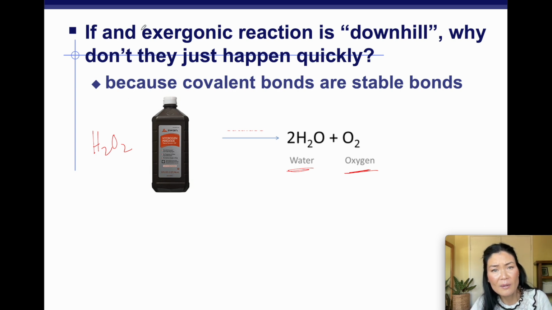So again, going back to this, why don't exergonic reactions just happen quickly? It's because covalent bonds are stable bonds, and those molecules have to gain energy to break those bonds. So it takes a few years for H2O2 to gain enough energy to become water and oxygen gas. And that's one of the reasons why hydrogen peroxide is sold in these opaque brown bottles,